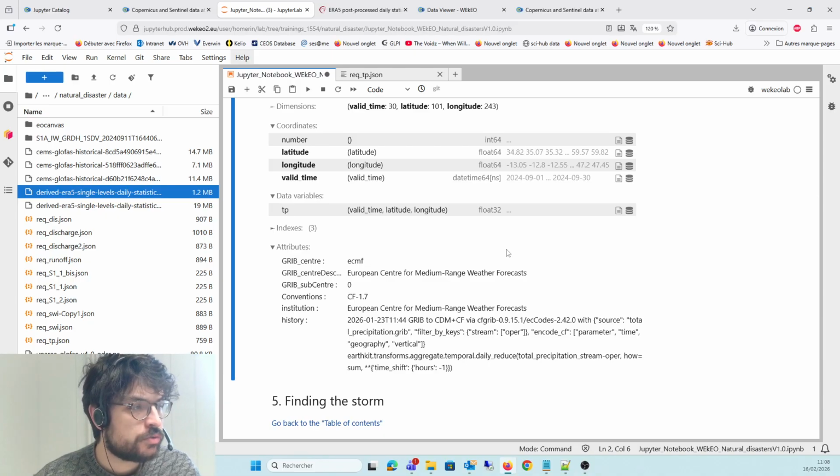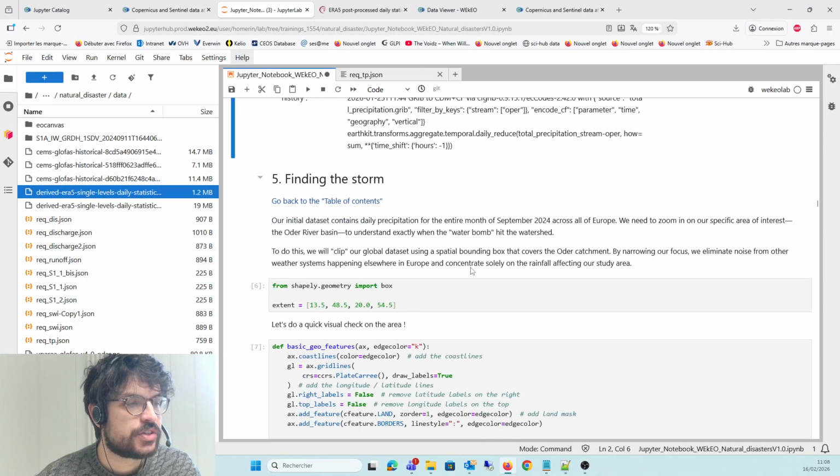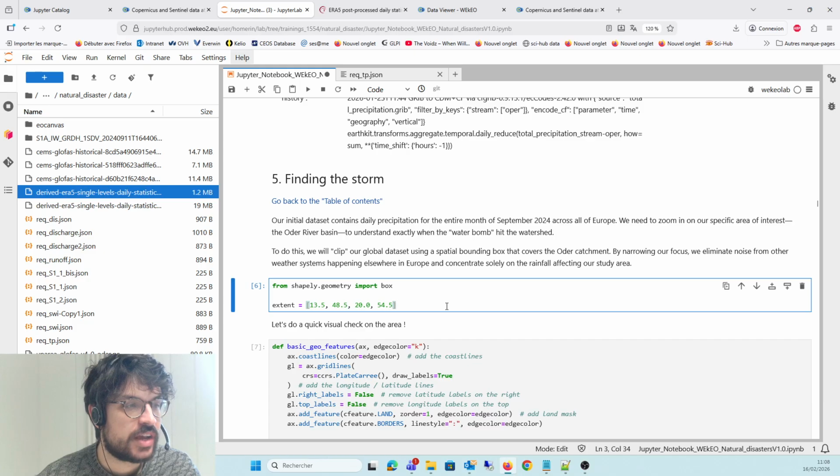So first we're going to look at the storm and try to find it using this precipitation dataset. First let's visualize on the map what our area of interest is.